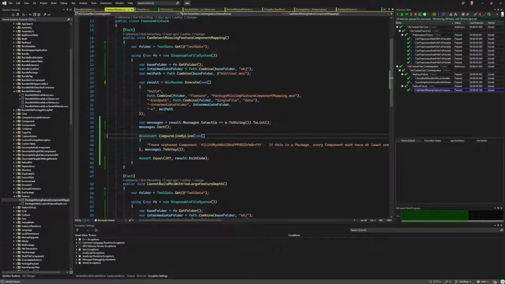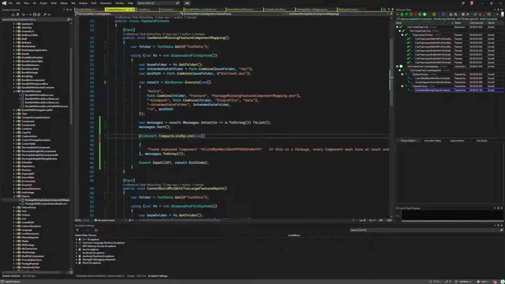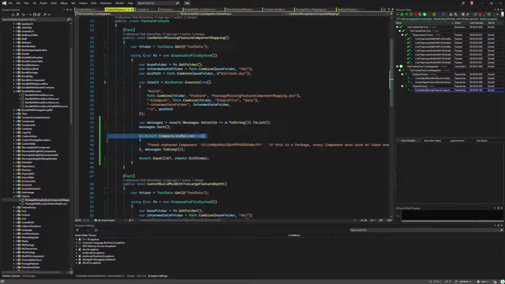The reason I like to put the error messages first is because, well, it's more likely that something changed. This will get caught first, and then you can validate the exit code is correct. That's fine. All right, so all of this was to